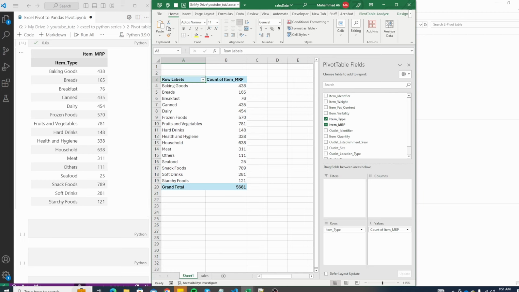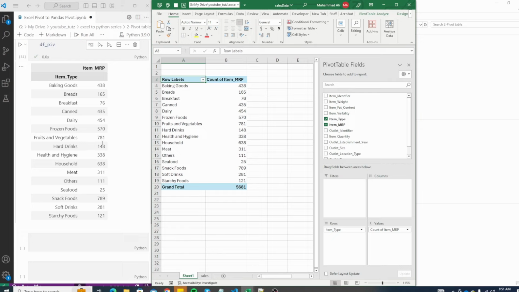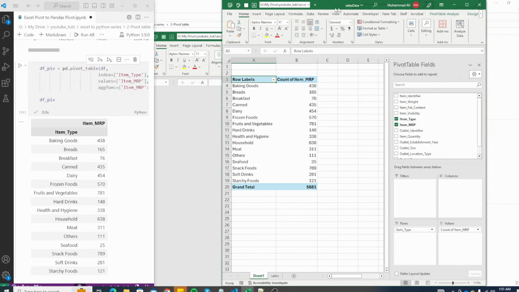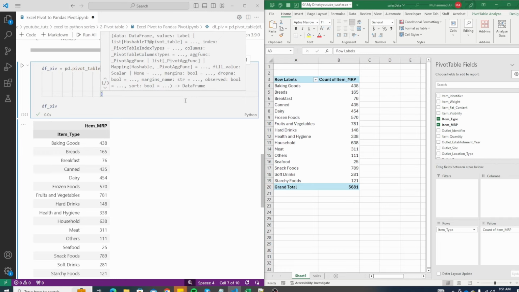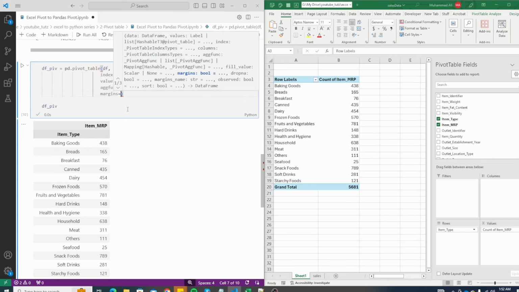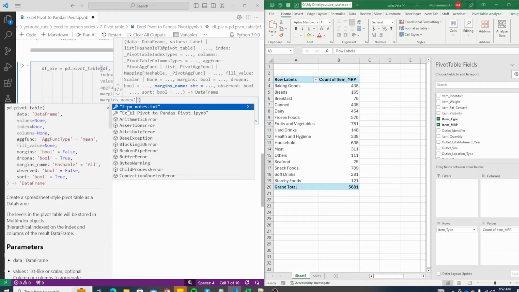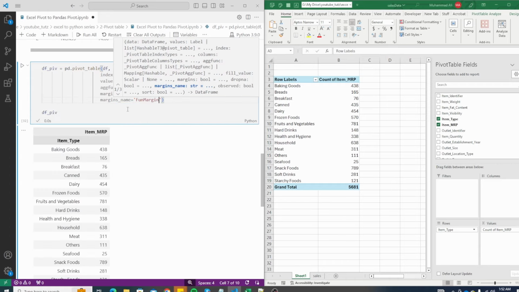The only thing that is missing in Python pandas is the subtotal. Let's see if we can add it. Alright, so we have the option to add margins and margins_name. Let's do that. You can also see the options that should be appearing here. So we have margins and margins_name. Margins will take in True, and for margins_name you need to give whatever name you want. So let's say fun margin name.